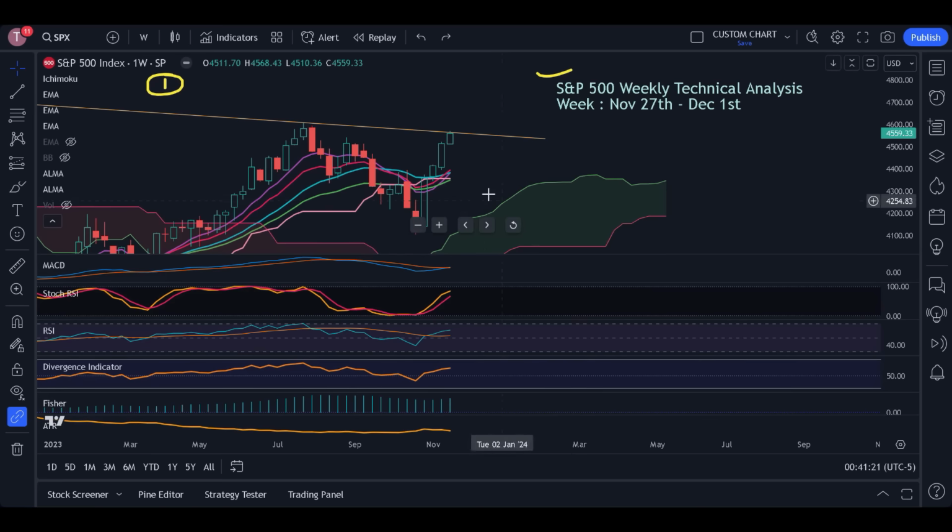Other than that, recently the important thing is that the MACD has turned bullish. Until last week it was trading bearish, but now it is bullish. Other than that, all of the technical indicators are bullish. On the weekly chart as such there is no saturation, but if there comes, I will be